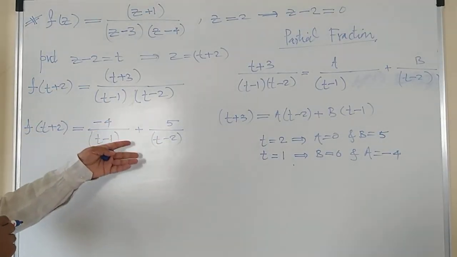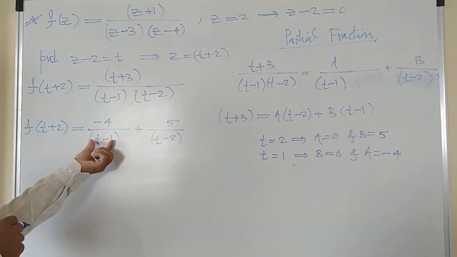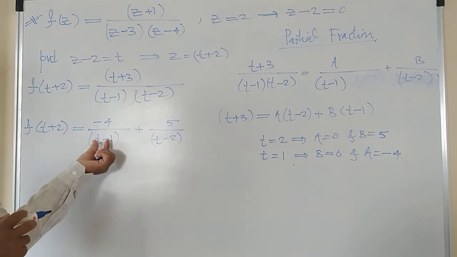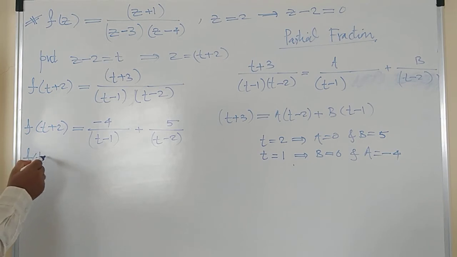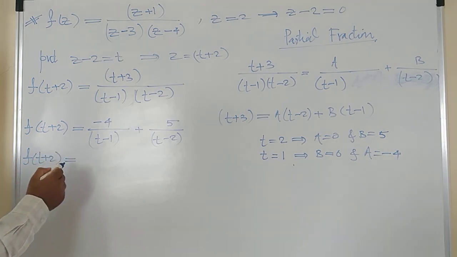Yes. Now this is the simplified form. Now we got this equals to, I can write both denominators as 1 plus t or 1 minus t raised to some power. So let's simplify that. So f of t plus 2 is equals to